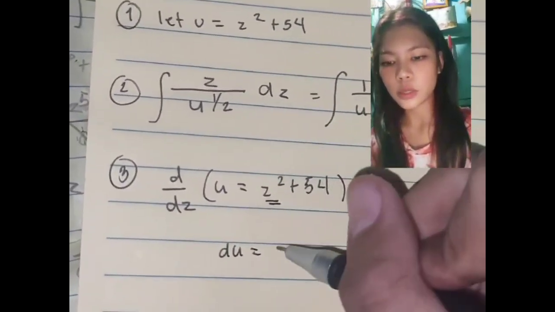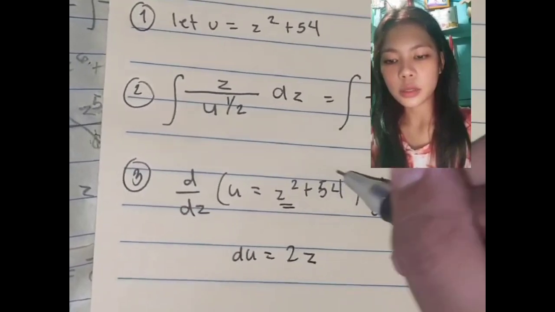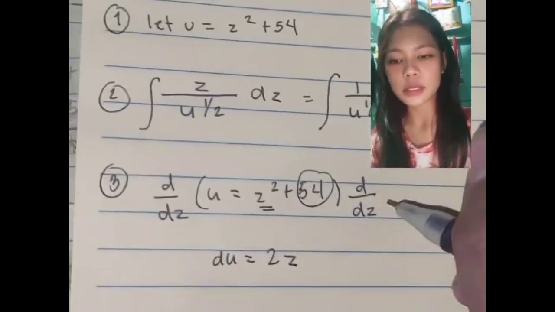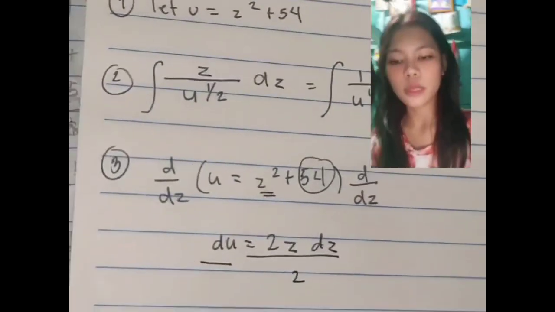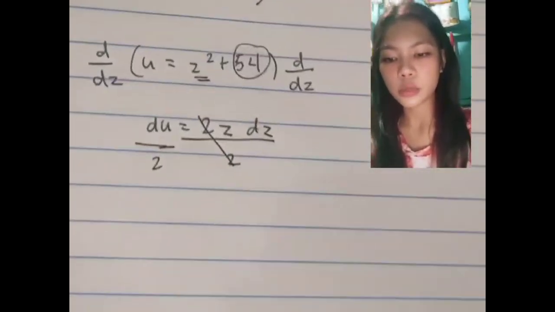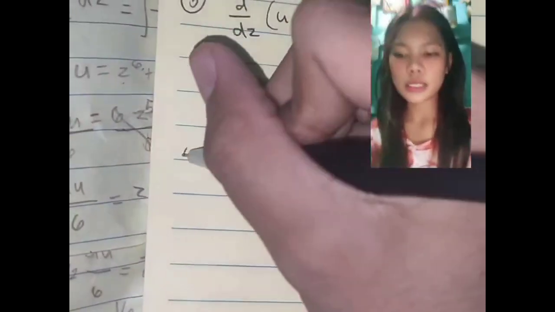Now, du is equal to the derivative of z squared, which is 2z, plus 54. Since 54 is a constant, its derivative is zero, so we just write 2z dz. Then we will divide both sides by 2. Then cancel, so it becomes du over 2 is equal to z dz. Now for the last step, which is step 4,